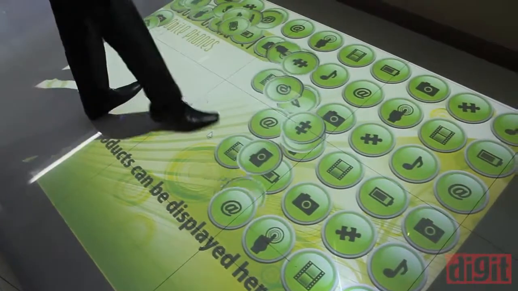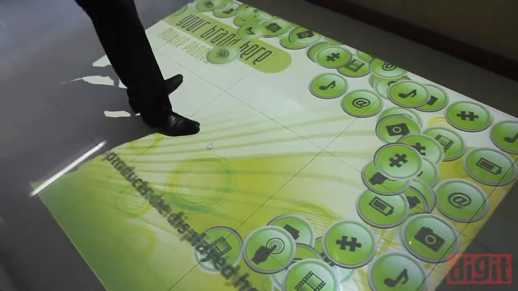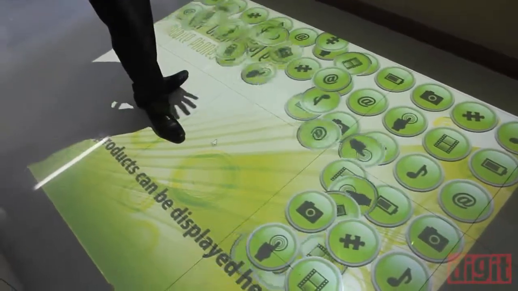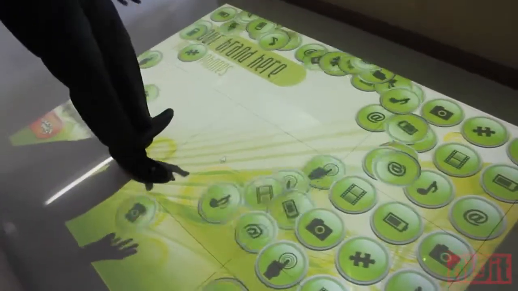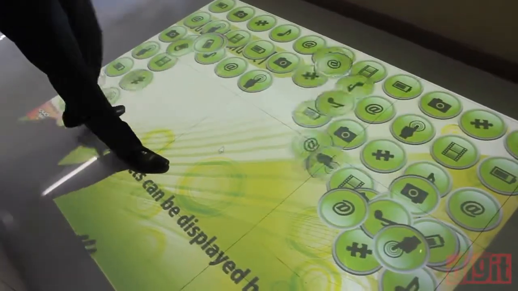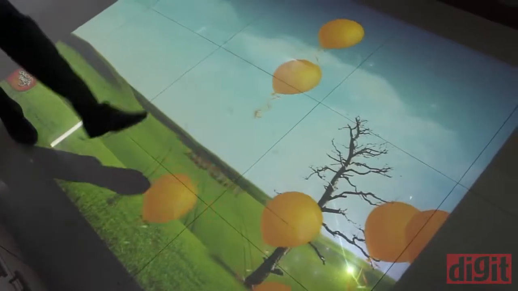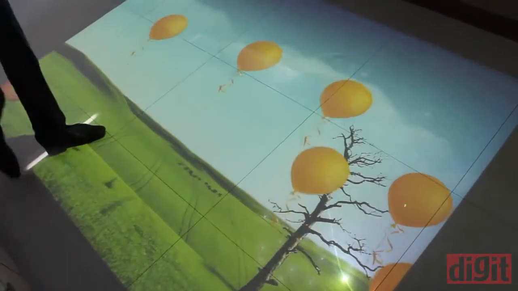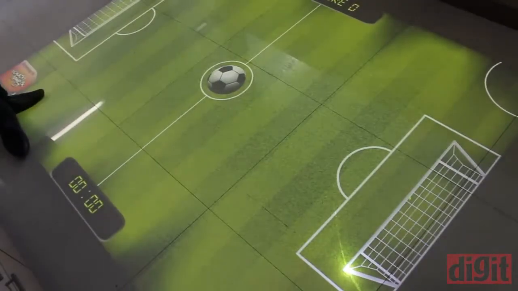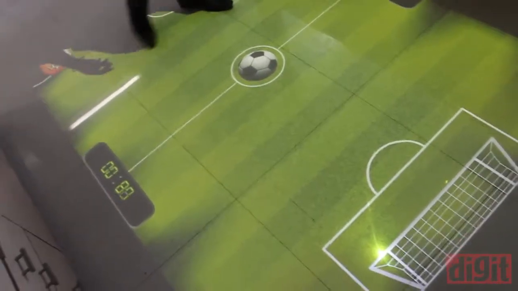This is also an application. Instead of having a brand, you can have an advertisement video going behind this, and instead of this, if you want your products to be here in a scatter effect format, we can have that as well. Some of the games are the balloon effect game. We have football in this also, virtual football.